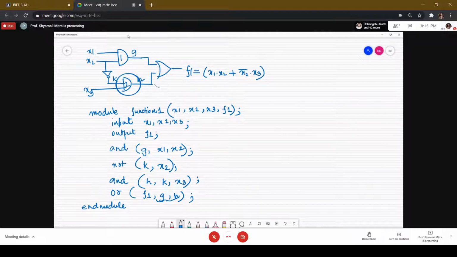Now, you can have a shorter option for this program. You can actually avoid this statement and directly write it in the AND statement as H, x2 bar, comma x3. So you don't need to write this particular statement.